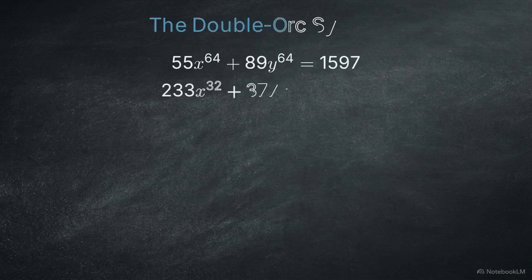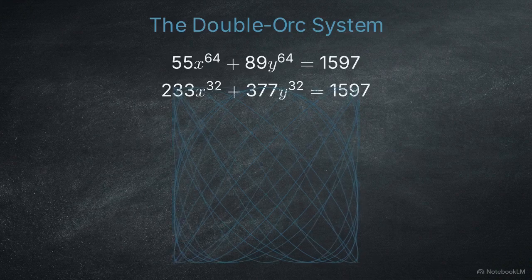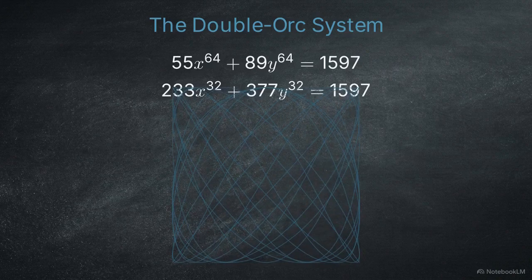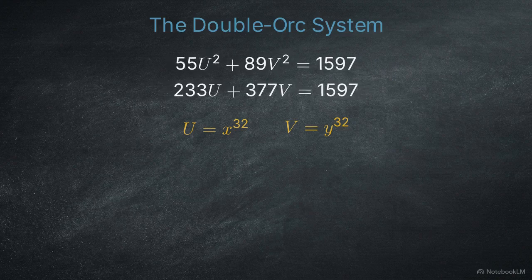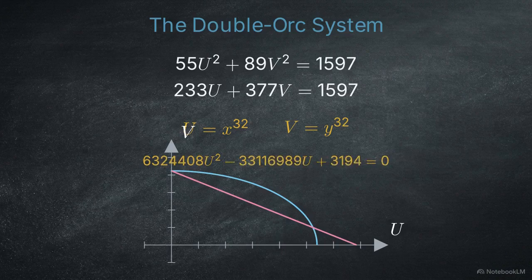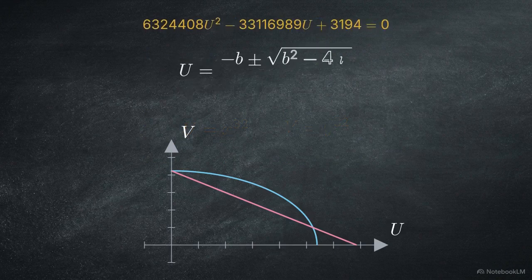This equation represents the double-orc system. It is a massive two-variable structure built on 32nd and 64th powers. Attempting to calculate the roots of a 64th degree polynomial directly through brute force or standard algebra is practically impossible. Instead, the paper uses dimensionality reduction. By defining two new variables, u and v, to represent the 32nd powers of x and y, the massive exponents are factored out. This substitution flattens out the incredibly dense polynomial geometry, collapsing the entire system into a single, highly